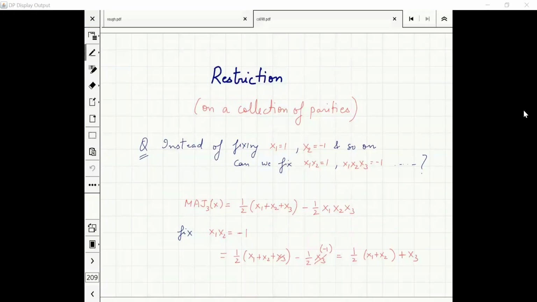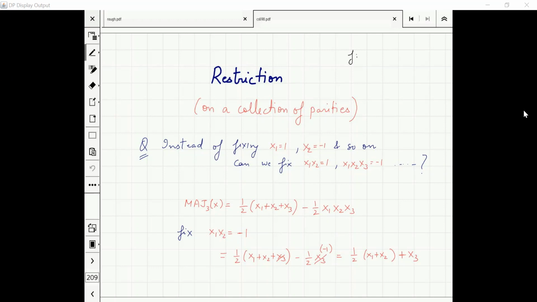As discussed, we have talked about restrictions of a function. What did I mean by restriction of a function? You take a function, pick some variables, probably the ones which you like, and assign them some particular value. So let's say if I picked x3, x4, I say, oh, x3 equal to 1, x4 is equal to minus 1. Or x3 equal to 1, x4 equal to 1. As soon as you fix these values, your function is now defined on a smaller input space, correct?